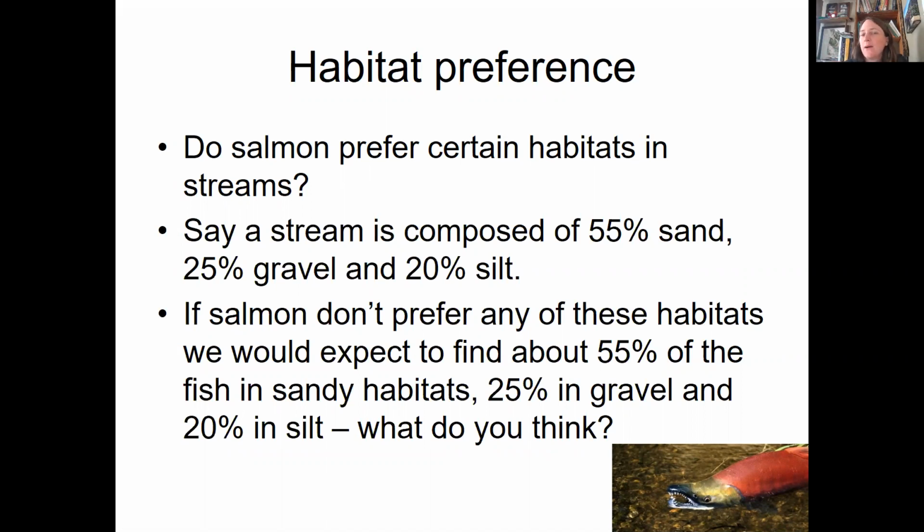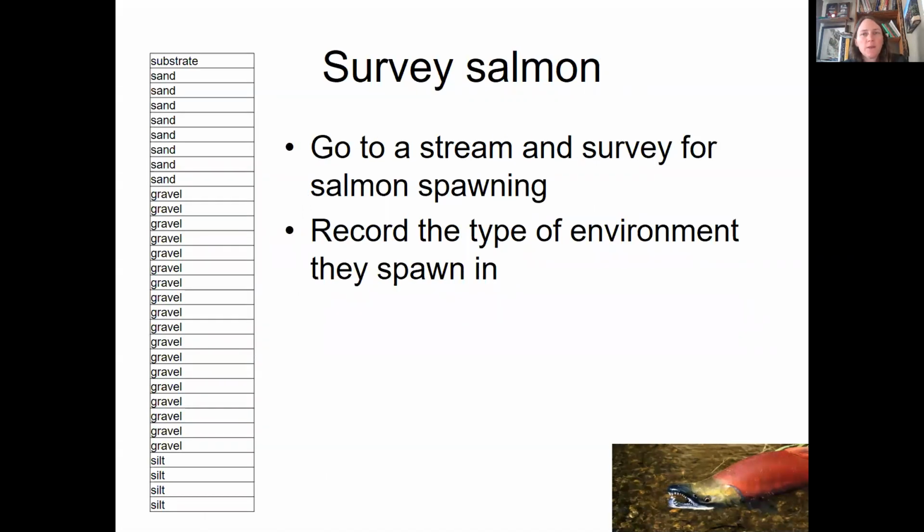So you can see how I've set you up with some expectations, right? And these are expectations given the null hypothesis. The null hypothesis that salmon have no preference for a particular habitat. Well, you might know something about salmon already, and you might have a guess as to what kind of habitat they might prefer, right? So what you do is you go out to a stream and you start surveying salmon